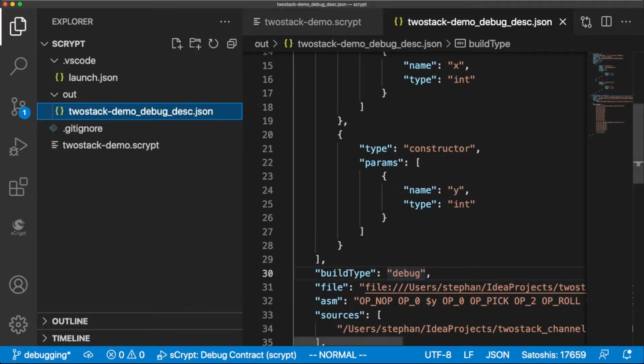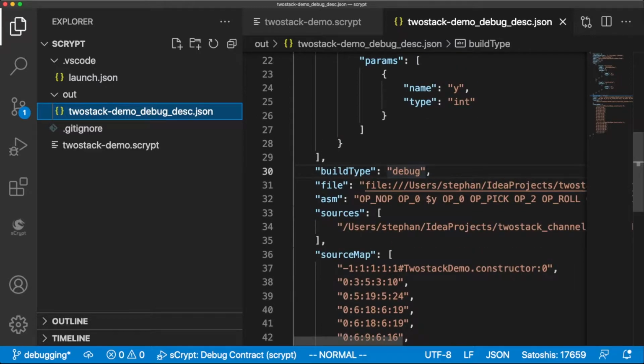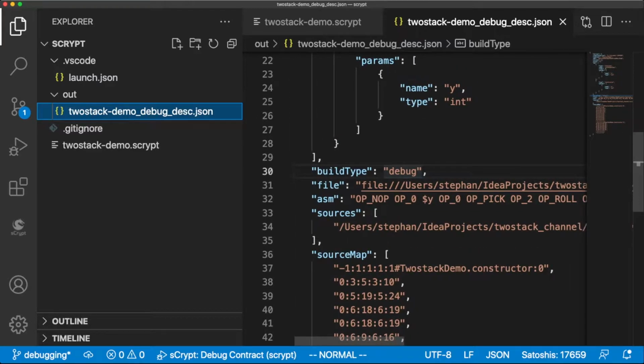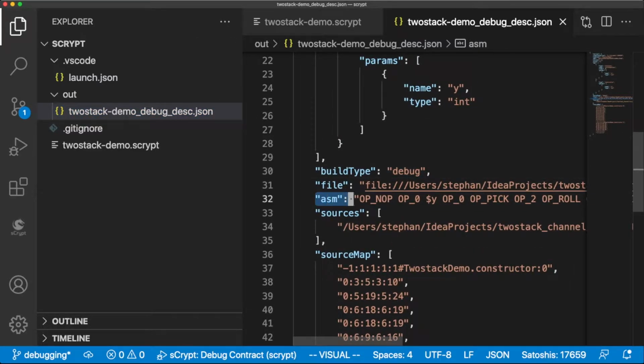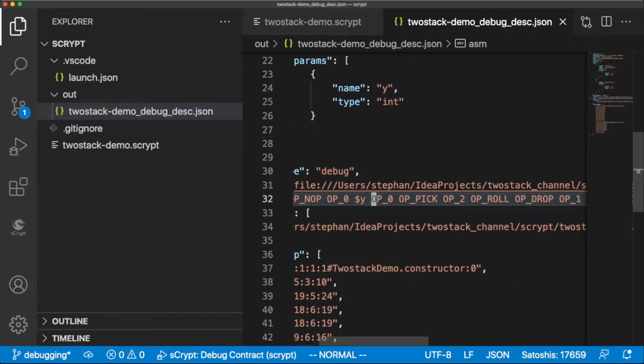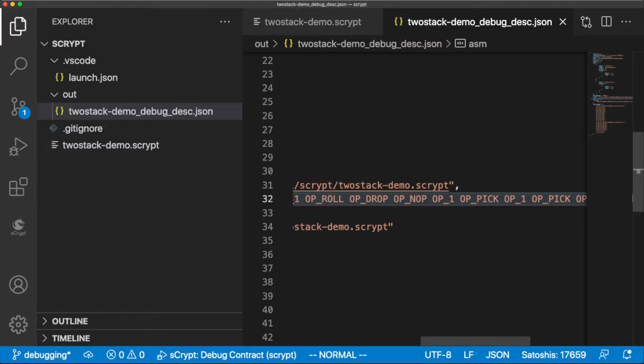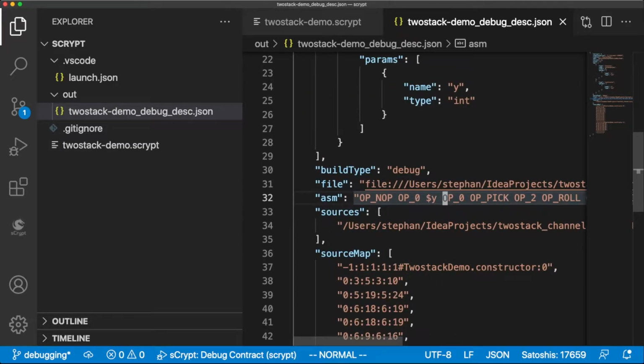debug_desc, either for description or descriptor. And I pointed out that this Bitcoin assembler, which is sort of the raw Bitcoin script, had this $y, which needs to be substituted in the template for the output. And then you have this entire script here. Now, because I've got a premium subscription to the tool, the sCrypt extension, I'm able to go ahead and actually generate a